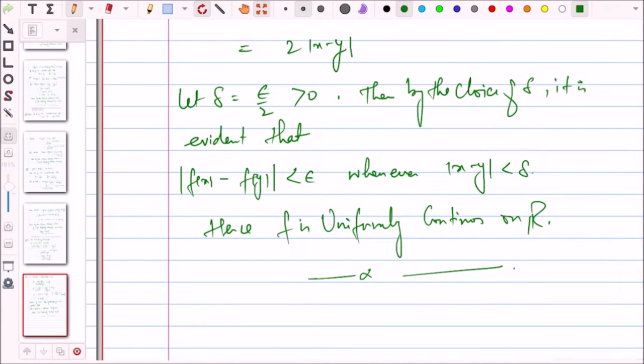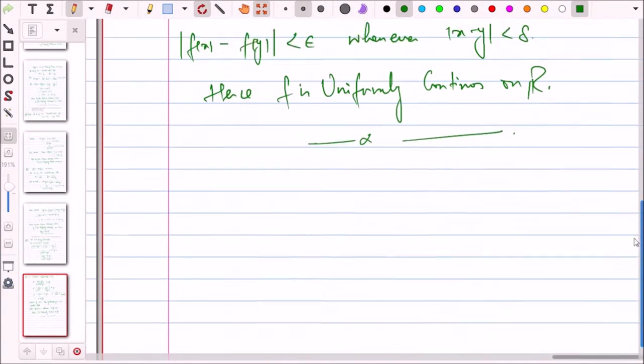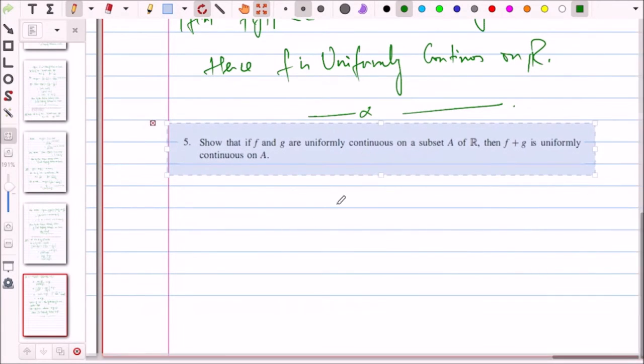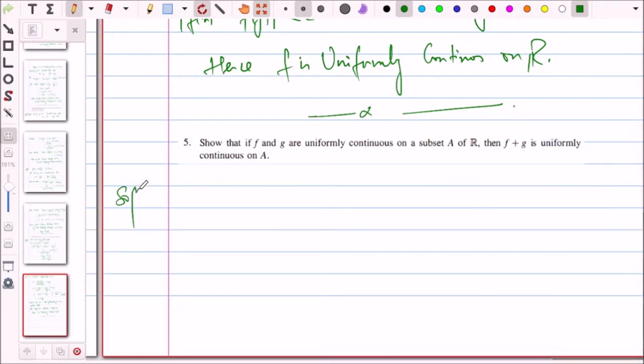Now let us take question number 5. Question number 5 says that the sum of two uniformly continuous functions is again a uniformly continuous function. So we have to prove that the sum of two uniformly continuous functions is a uniformly continuous function. For this we will start with, again we have to show f plus g is uniformly continuous on A. So we will start with any epsilon greater than 0. So let epsilon greater than 0 be any